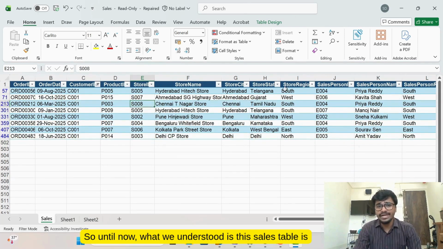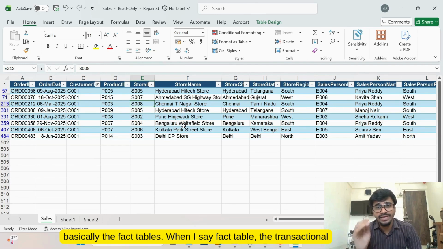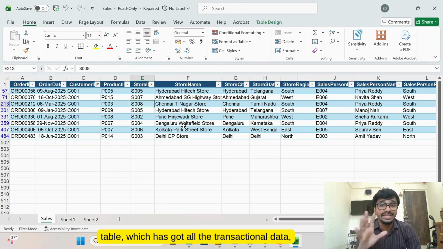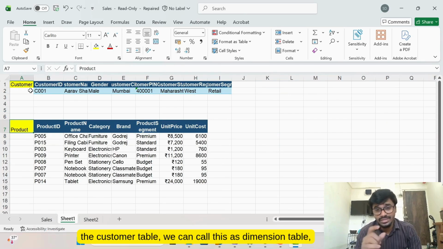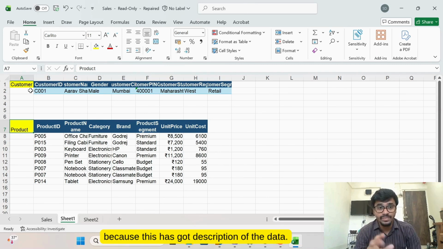So until now what we understood is this sales table is basically the fact table. When I say fact table, it is the transactional table which has all the transactional data, all the transactions are happening here. Whereas this product table or the customer table, we can call these dimension tables, because they have the description of the data.